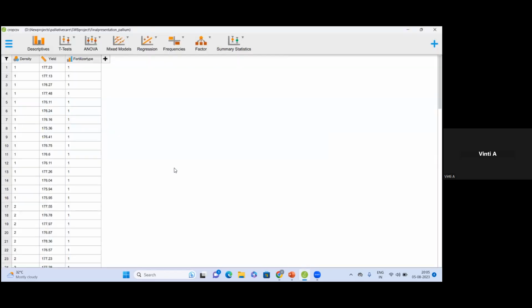Okay. Now we did it in Excel that time. Now I'm doing it in JASP. Now if you look at this file, I have two factors in it. My dependent variable is the yield that I have